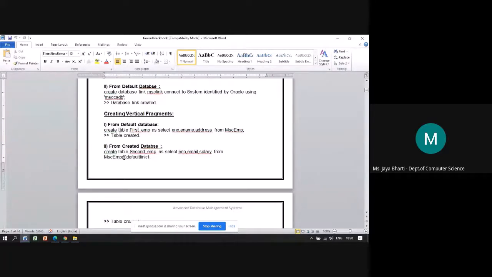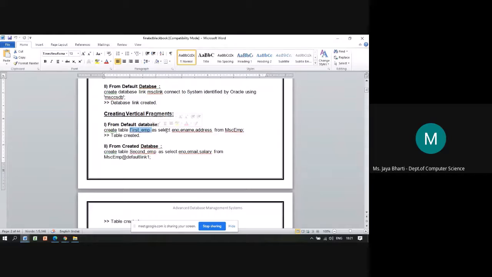So creating vertical fragments. Here we created the vertical fragments. As we know, vertical fragments means column wise. So we are going to separate out the columns. So from default database, here we created a table, create table, space, name of the table, space, as is a keyword, will come as it is. Okay, as, and then we are supposed to pass the query, which will select which columns you want in that particular fragment.